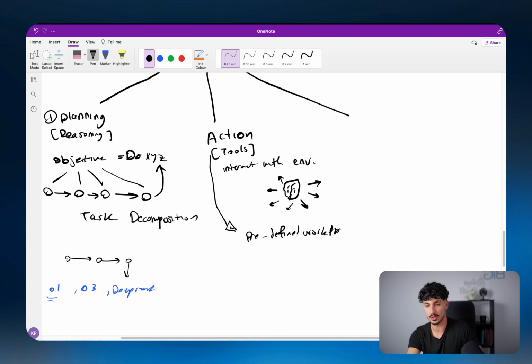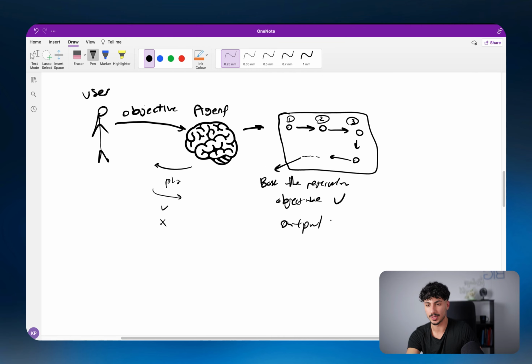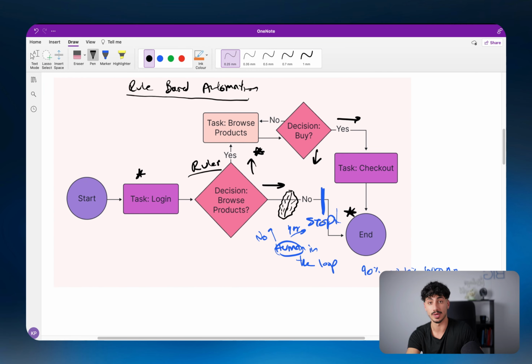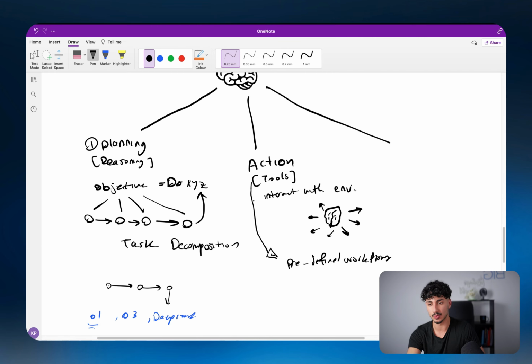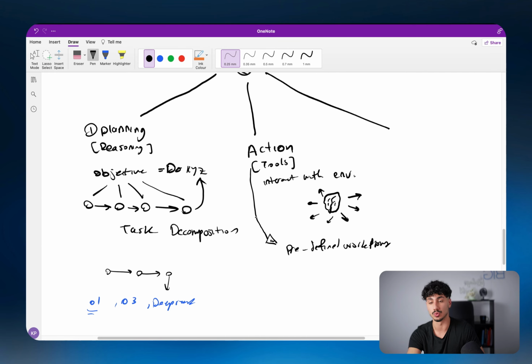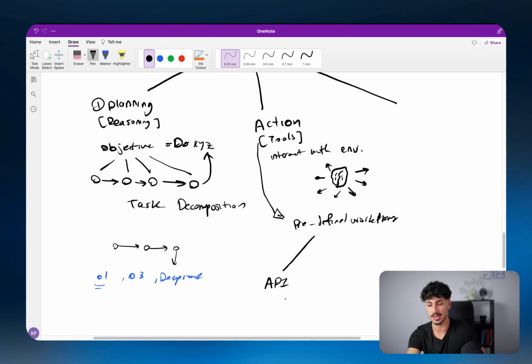And let me explain that a little bit further. Predefined workflows. So, you know how up here we said that in traditional automation or rule-based automation, what you always had to do was define the workflow from start to finish. You'd say, okay, this happens and this happens and this happens, and then eventually this outcome is achieved. It's the same sort of thing when we're talking about AI agents' ability to use tools. So AI agents can execute predefined workflows, and using those predefined workflows, they can do things, right? So these predefined workflows could be an API, for example, that the agent would call.